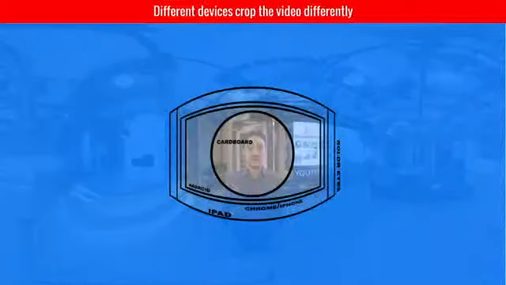Also it's very important to know that the different devices crop the video in a different way. So I'll come to you in a second. But for example, if we look through the cardboard, of course we have this kind of circular frame. And then if you use the phone, the frame is different. So you have to keep that in mind when you are focusing on a specific subject, and the way you are actually doing your video, it's very important.